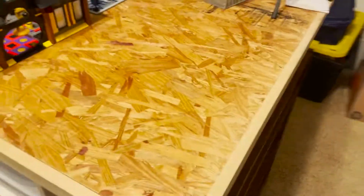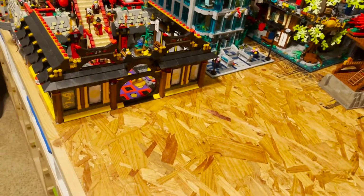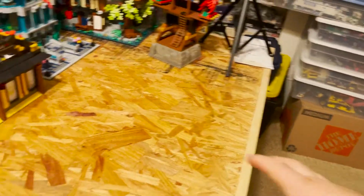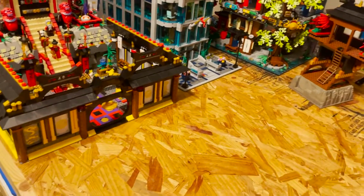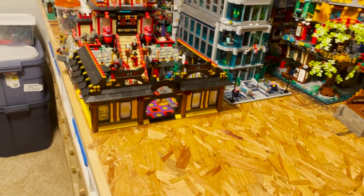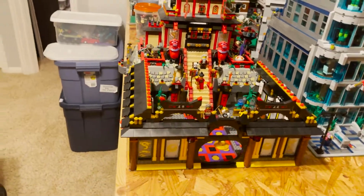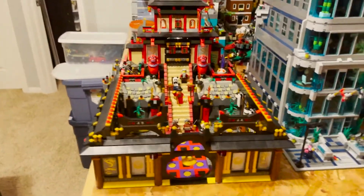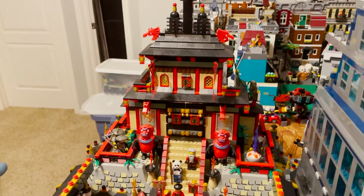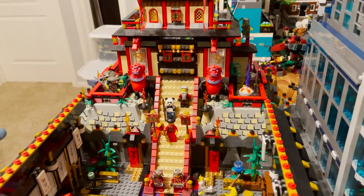It probably comes out to here. There's a whole area and then a waterway and a rock wall along this side, and a waterway out here with a boat coming in, and then some area where the battle's going on. So it's pretty deep, I think it's 5 feet long this way, and then about three feet wide. So anyway, that is my modification of set 7419,